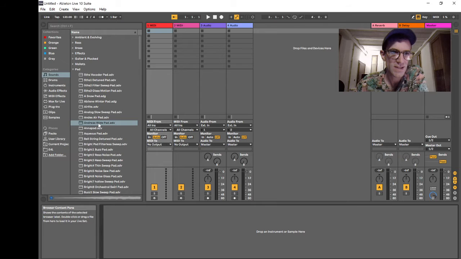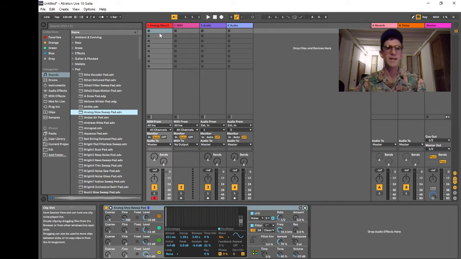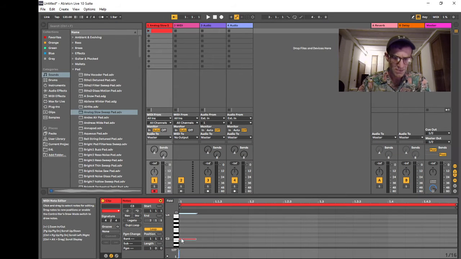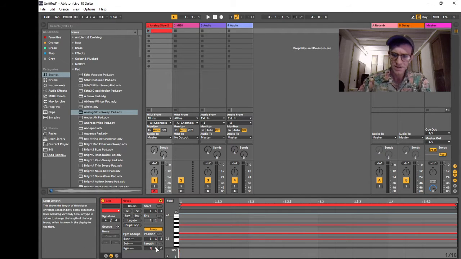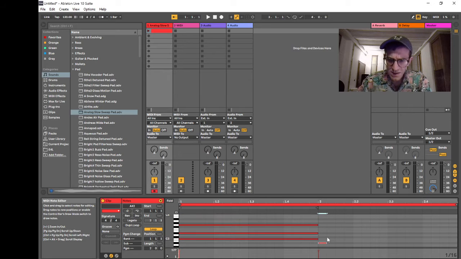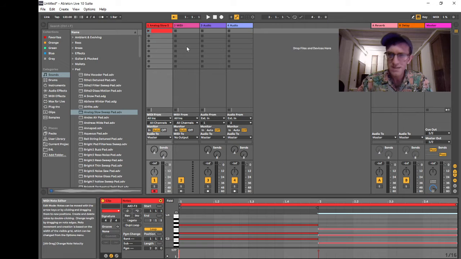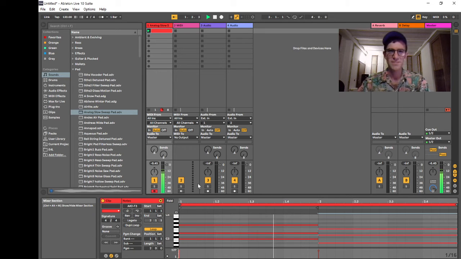So for instance, let's say, yeah, I'll choose this one. I have this pad that I like. I'm going to just make a very simple kind of drone. Maybe make it 2C then B. Let's see how this sounds. Yeah, there we go. Slow